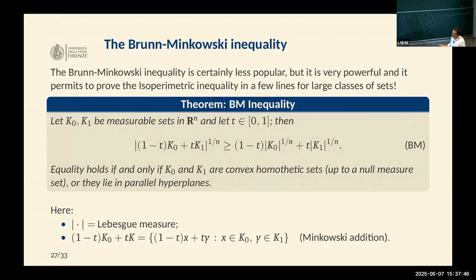Not for the proof. Yes, also for the proof. Then you can estimate the volume of this combination using the original volumes of K0 and K1. It's just the convex combination of the same volumes, also raised to power 1 over n. Okay. And equality can happen if and only if they are the same set